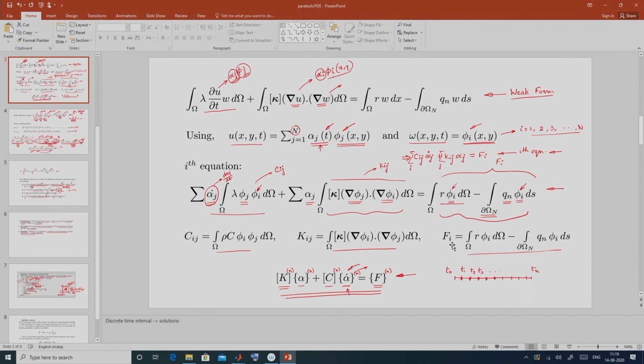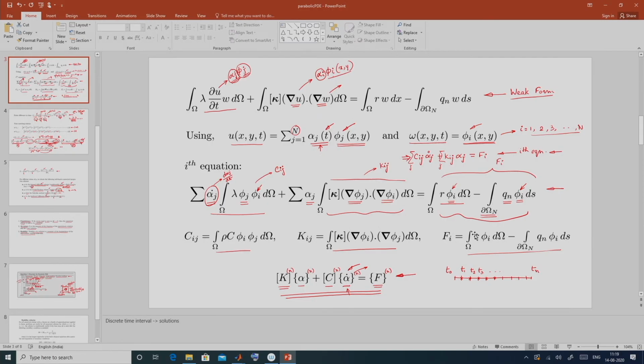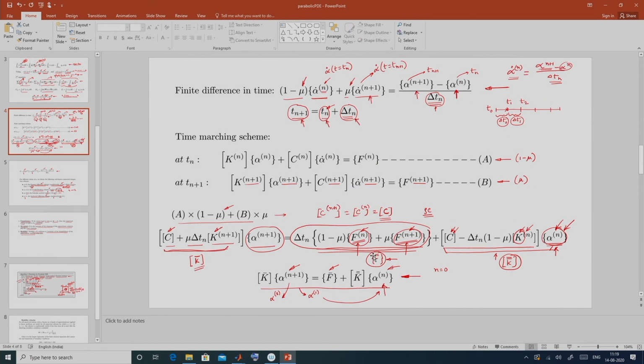As you see in the slide, the Fi depends on the heat generation term R and Qn. Now, for the problem in hand, there is no Neumann boundary. So, only the R term has to be calculated, because that is what is going as f n plus 1. If I go to the next slide, that f bar contains f n and f n plus 1, and this f n plus 1 has to be calculated at every time instant, and f n is basically the previously calculated f, alright.